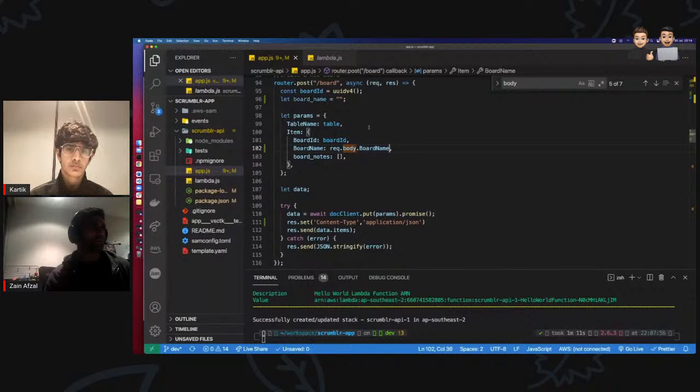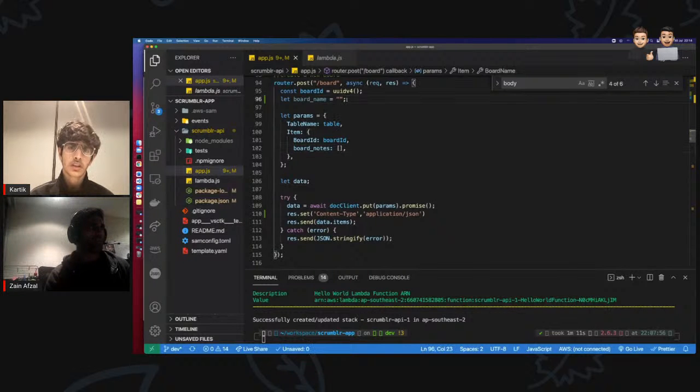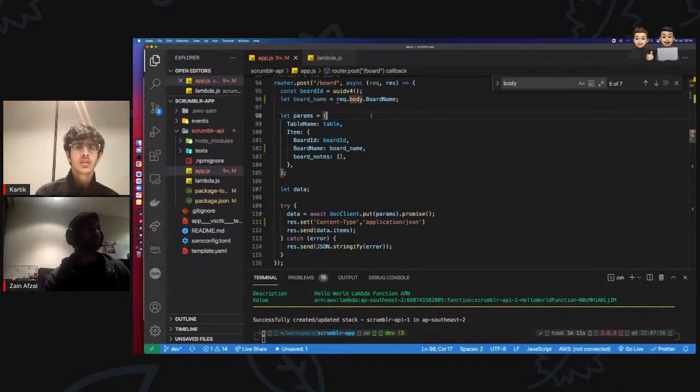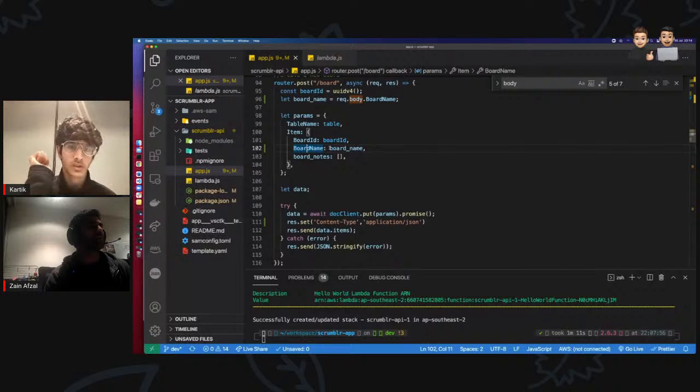Can we first give it an empty string and then change it? Is that possible? I don't know if it is.